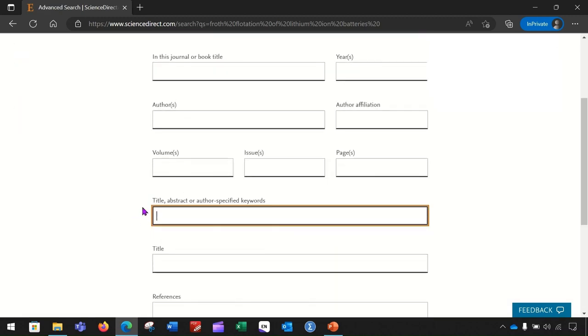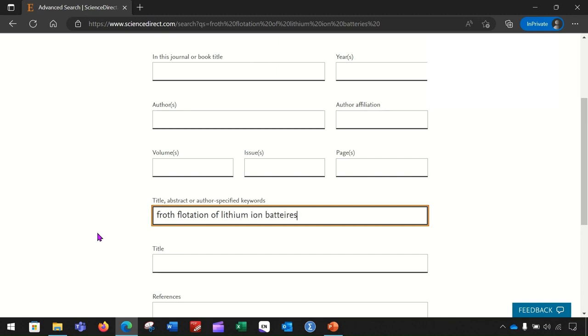And in the show all fields, you find this very column which says title, abstract, or author specified keyword. So most of the people and the researchers, they specify their search on these different kinds of terminologies, which are the title, abstract, or the author specified keywords, because these three categories define the direction and the domain of the research articles. So I will write the name of my search, fourth rotation of